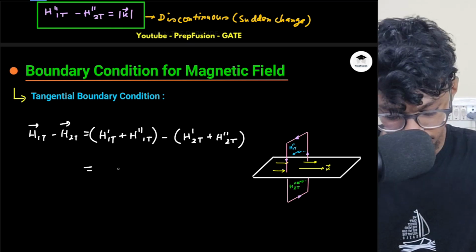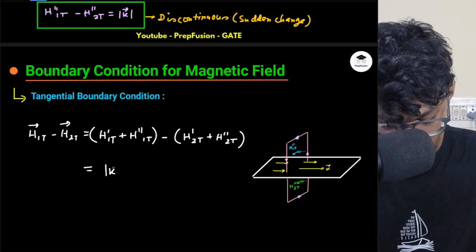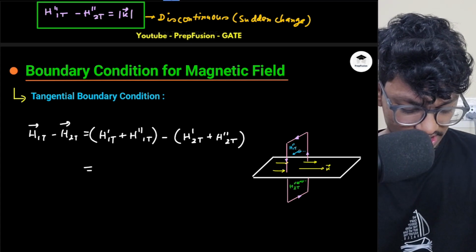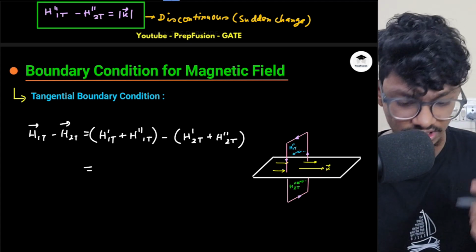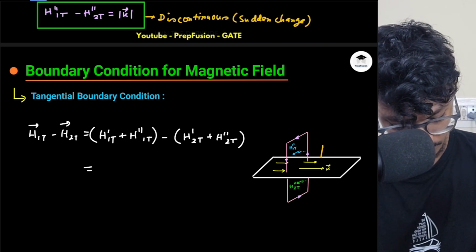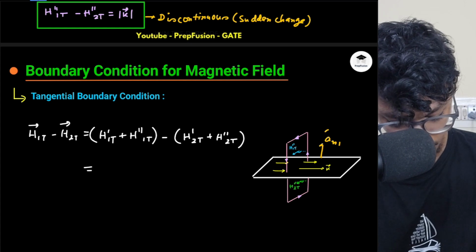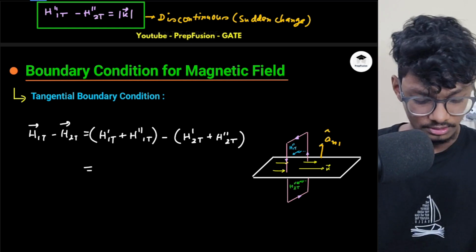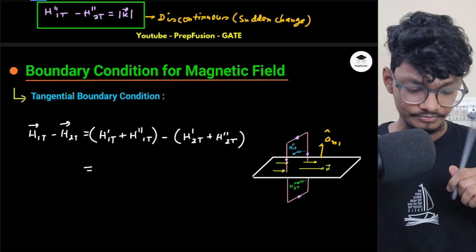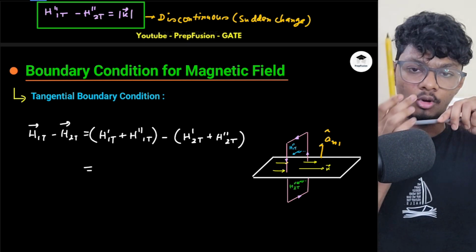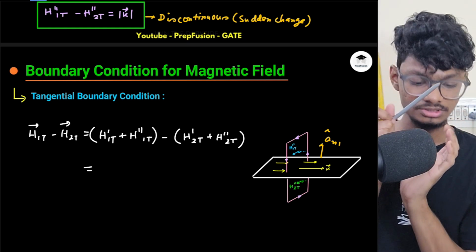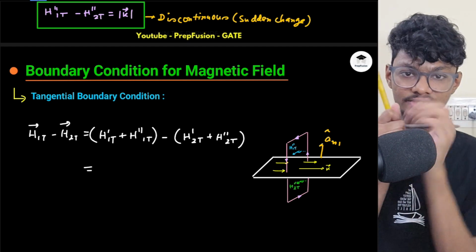But what about the direction? What will be the direction? If you observe, K is here and the H1t direction is this. Now if I choose another vector that is normal and going towards medium 1, let's name this unit vector an1. Now what are the two vectors? That's how I have to identify the direction. This is the K vector and this is the normal vector that is perpendicular, right? Now if I do K cross an1,